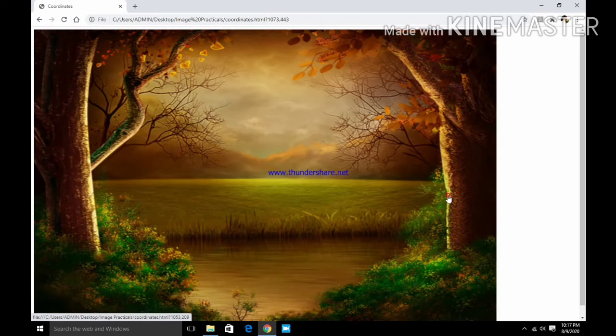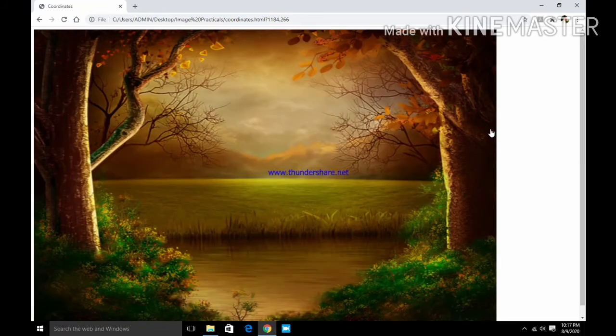This is my third point. My coordinates are 1073, 443. This is my next point. Coordinates are 1185, 565.